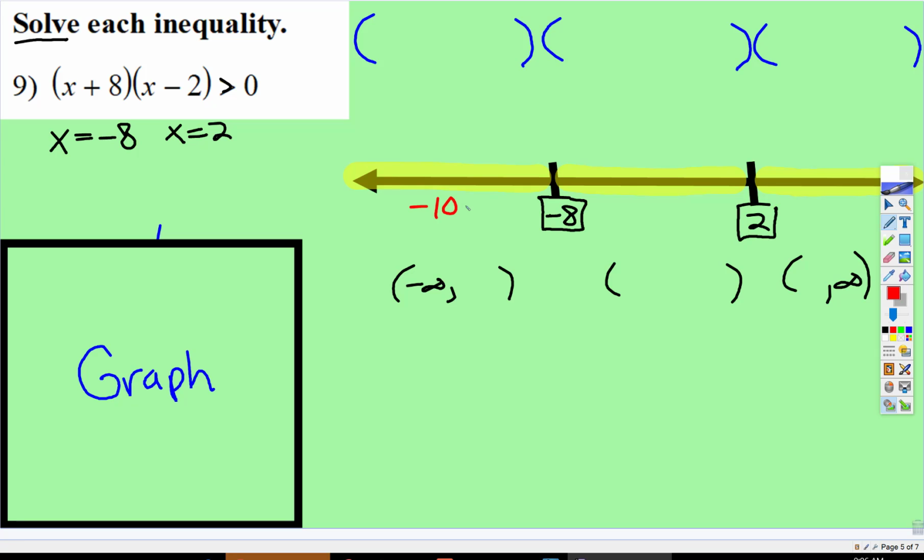So I will choose negative 10 in this interval. I will choose 0, and I will choose 10, positive 10. Again, I'm choosing those just because those are easy numbers to work with. There's nothing magical about those. Okay, so if I plug negative 10